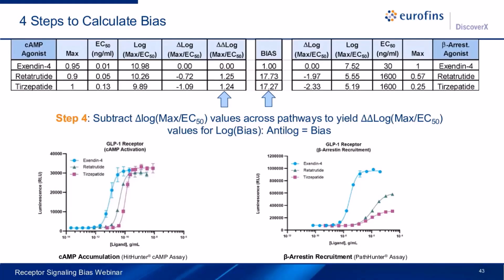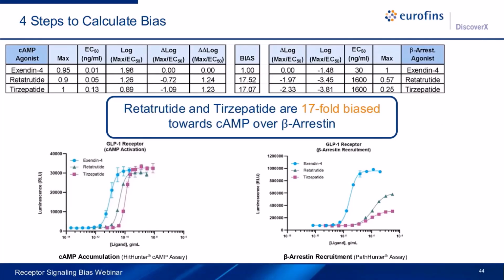What this says is, in this case, these two agonists show a 17-fold bias towards cyclic AMP over beta-arrestin compared to the standard exendin. This is the number that the chemist will use to gauge the relative bias of a